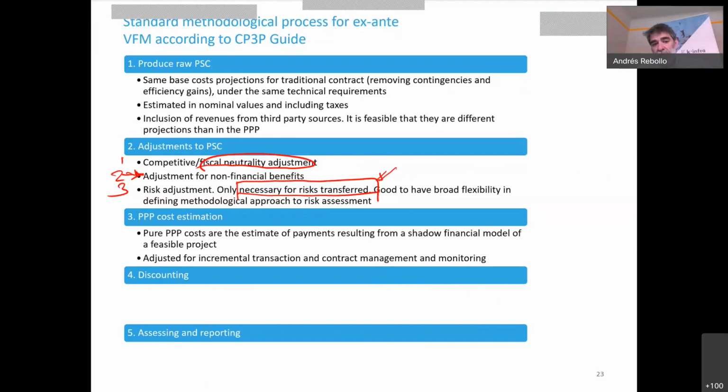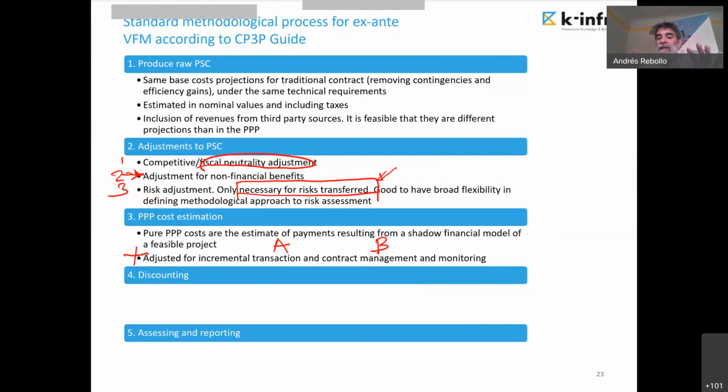PPP costs are the estimate of the payments that come from a shadow financial model according to the CP3P guide. But there are other approaches that we will discuss. And then I will do an adjustment according to the CP3P guide, which is the difference of the costs of these two topics, transaction costs and contract management costs. In both models, I will have a transaction cost, the cost of preparing the documents, the studies, and so on, and contract management monitoring cost, managing the contract or the project during its life, including oversight with some technical